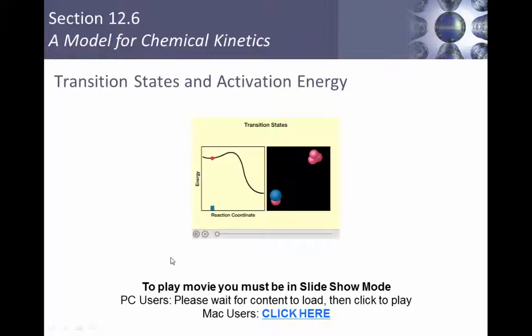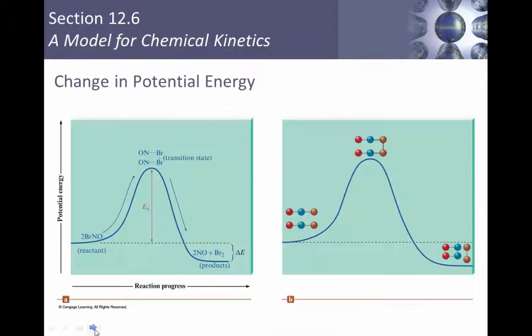Okay, so let's continue to look at energy profiles and the idea of activation energy and energy states. All right, so here's another reaction showing the reactant over here on the left, 2BrNO. When we provide enough activation energy, that's this potential energy increase. It's like the friction of the match. When we provide enough of that,